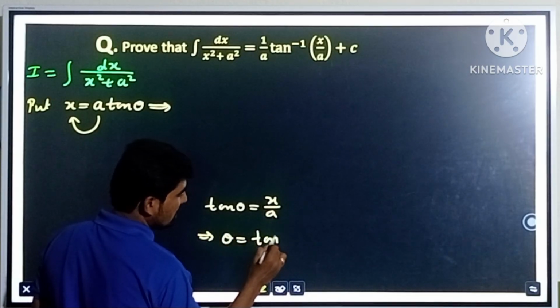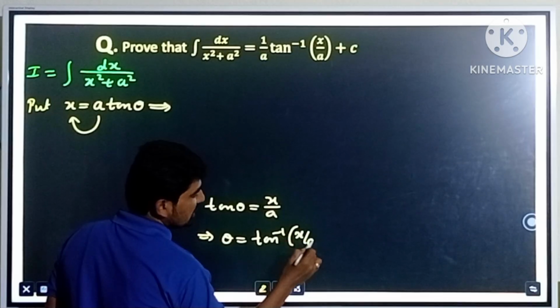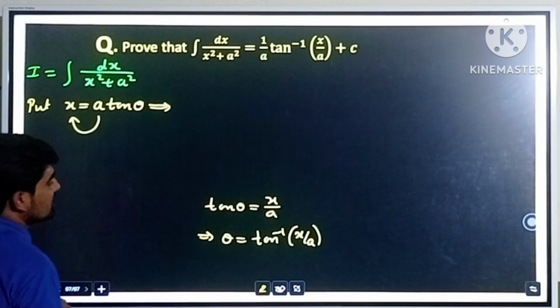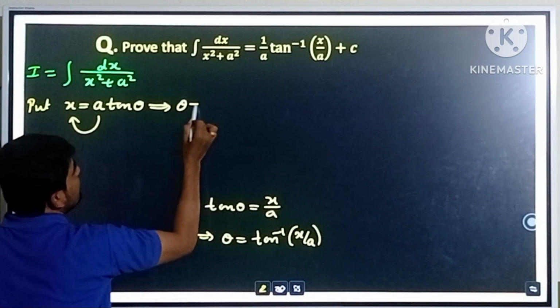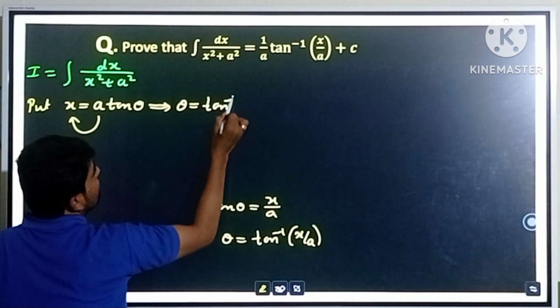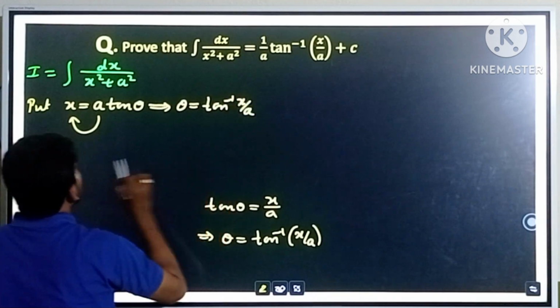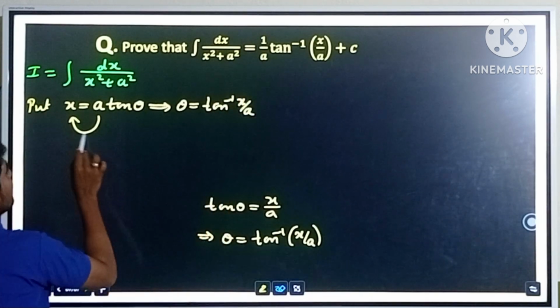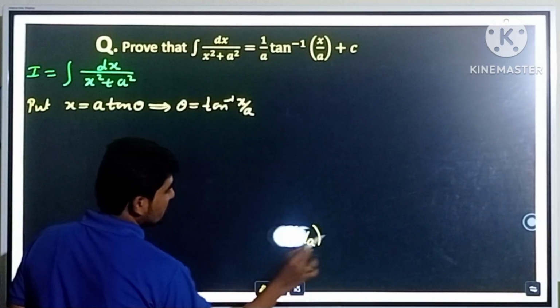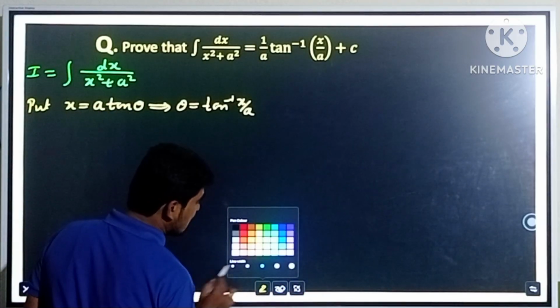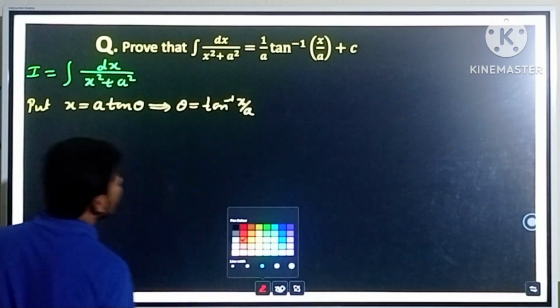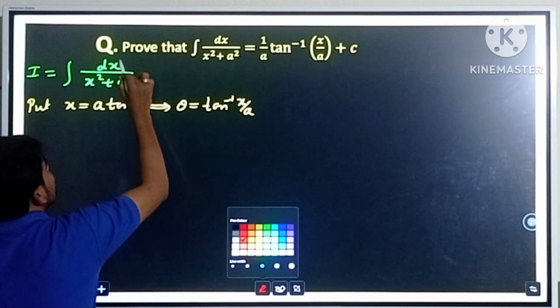Theta is equal to tan inverse of x by a. I hope all of you are understanding. So which implies theta is equal to tan inverse of x by a. I hope all of you are understanding. Now see here, after substituting the value of x in terms of theta, we need to integrate with respect to